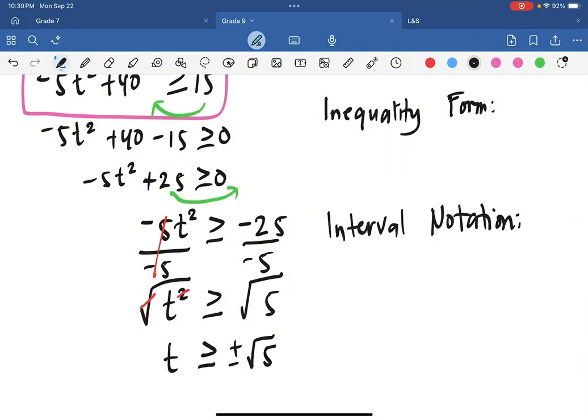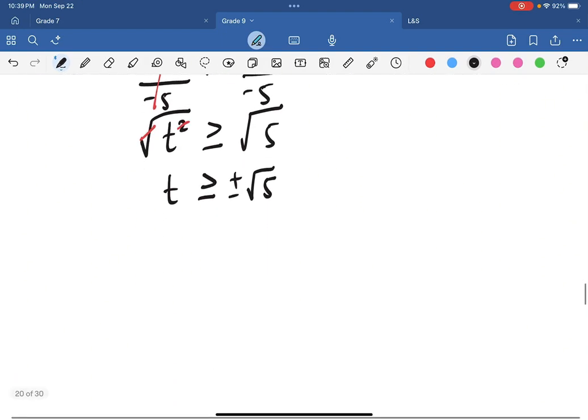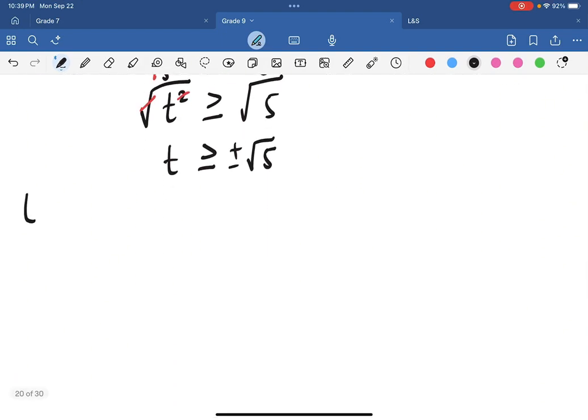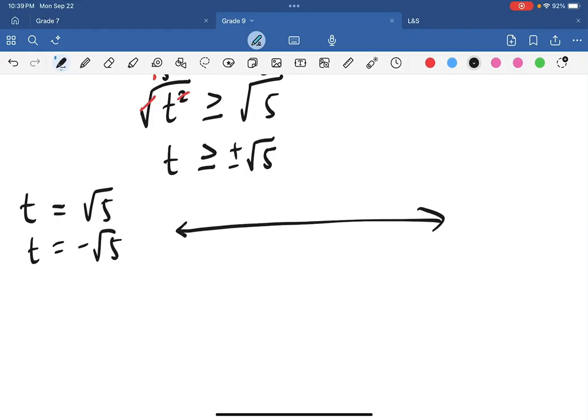Now, to write the values of t or the critical values of the quadratic inequality given, so let's just write it properly. We have t is equal to square root of 5 and t is equal to negative square root of 5. So in our number line here, we have 0 and negative square root of 5,